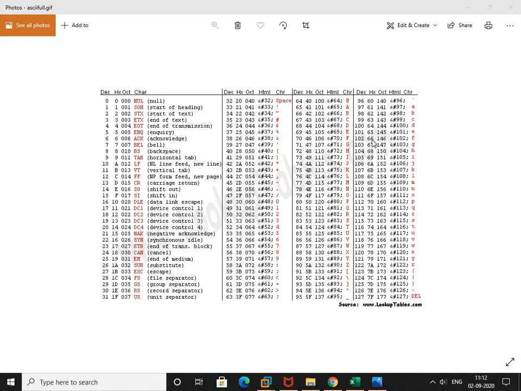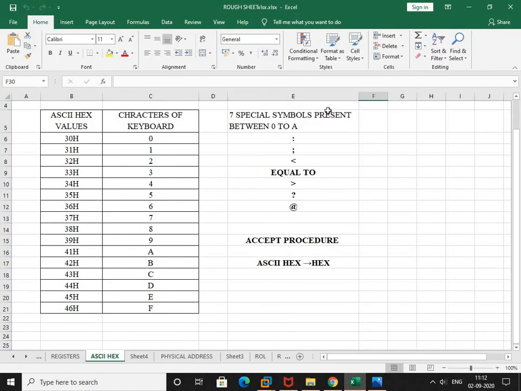Are you getting it? Now, the same thing has been represented in this Excel sheet. The first column I have put for ASCII hex values, and these are the characters of our keyboard.